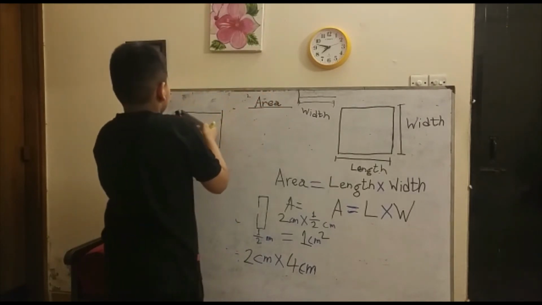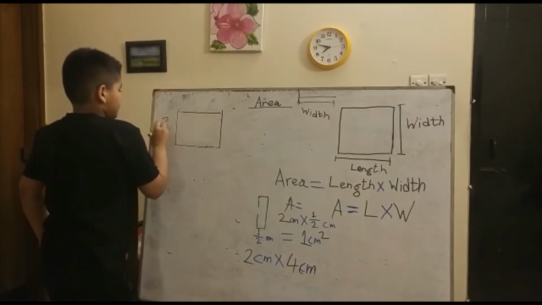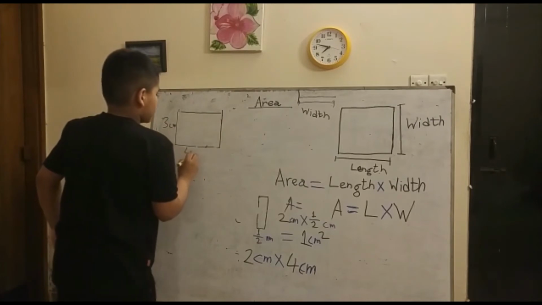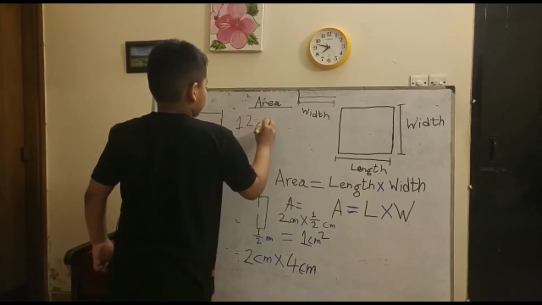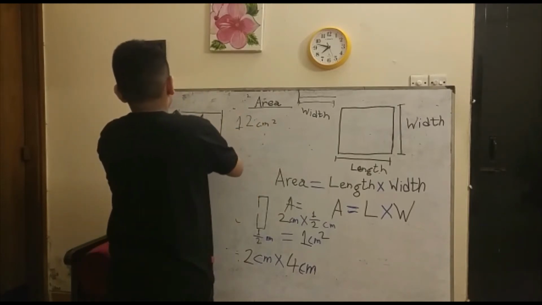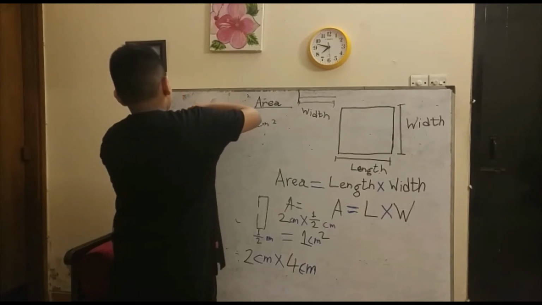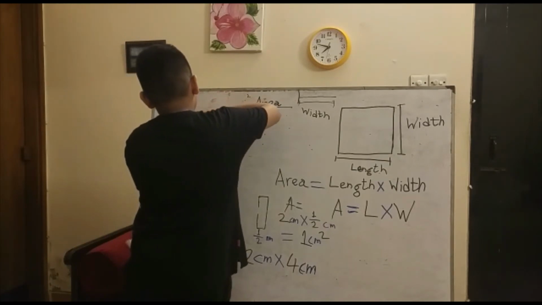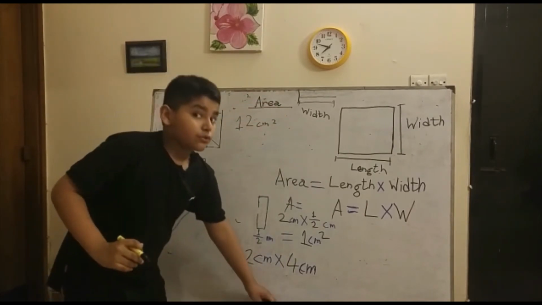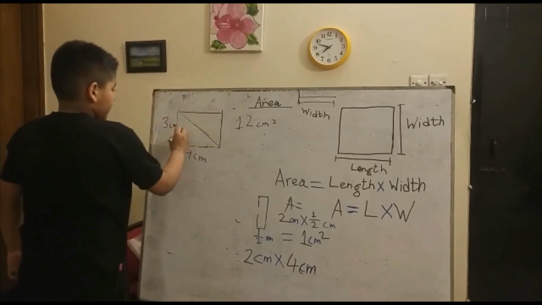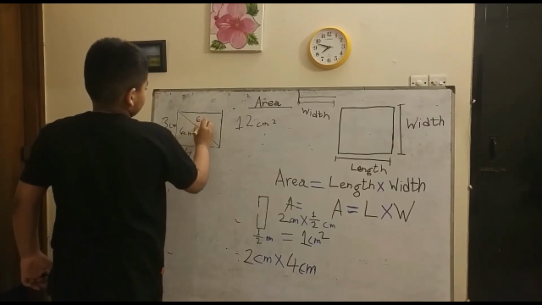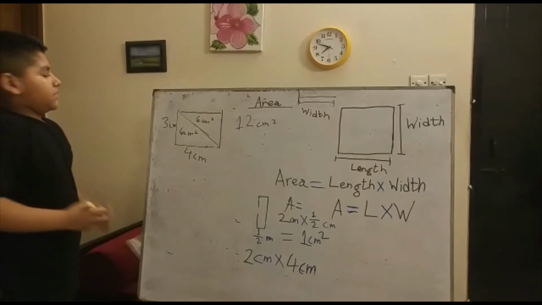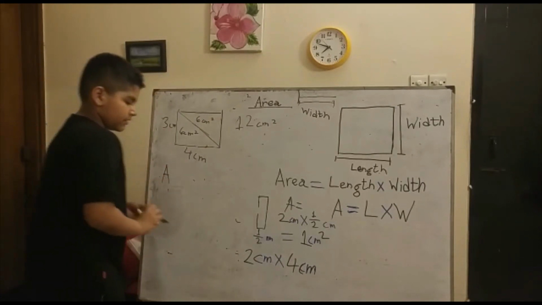Okay, so this is a rectangle with sides 3 centimeters and 4 centimeters, which in total has an area of 12 centimeters squared. Now, if we take the line directly from one corner to the other, we see 2 right triangles, which will have areas of 6 centimeters squared and 6 centimeters squared. So the formula for this will be area equals